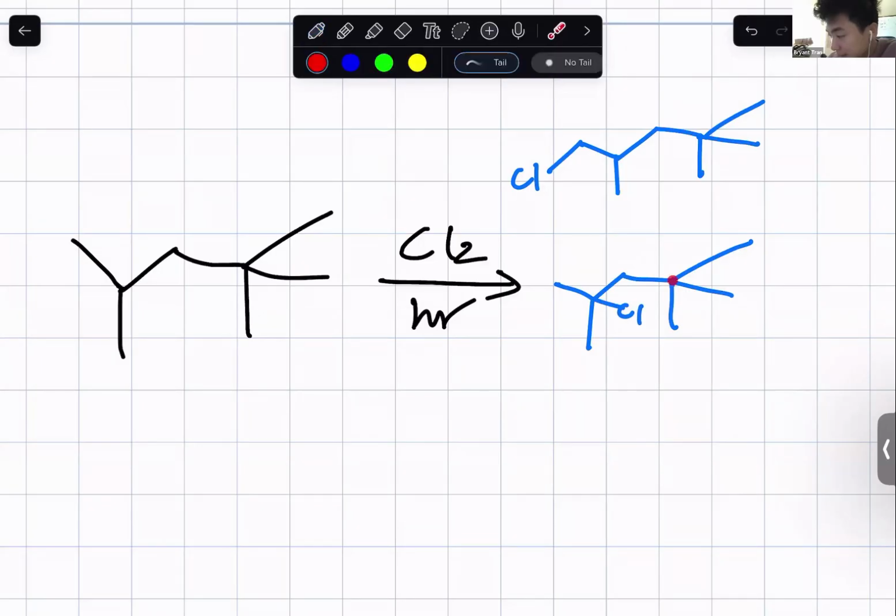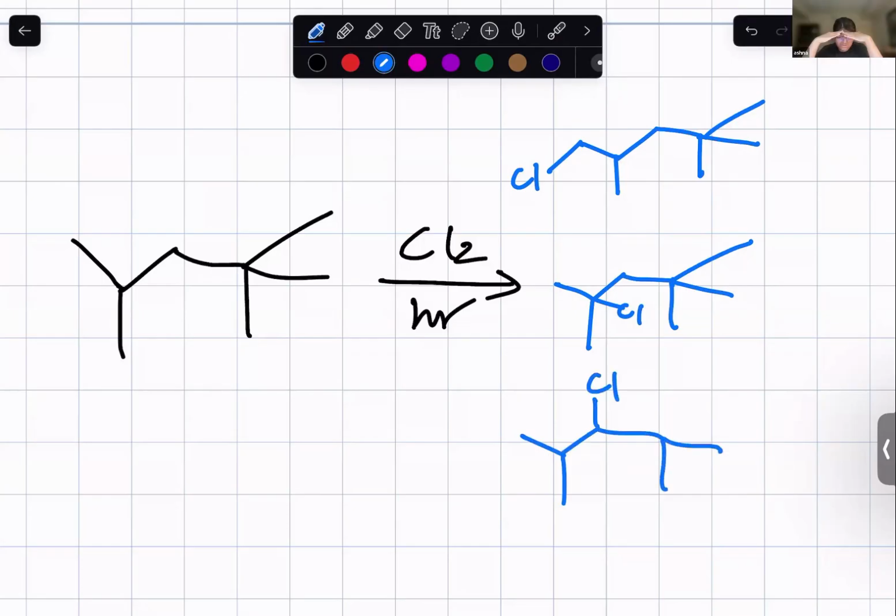Oh, you can't add one here. Right, because there's no hydrogen to replace. It already has the octet. If you added a chlorine there, that would have 5 bonds. Yeah. And then the last one was the one in the middle. Oh, okay. Yep, that would be another one. So that was where I got my 3. Your 3. Yes.